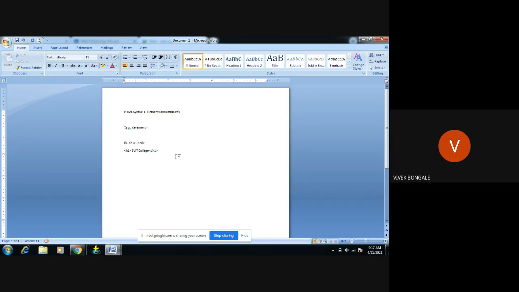When it comes to attributes, yesterday we saw one example, top speed. Yesterday I showed one example in the XAMPP server, where I ran one program, car details.